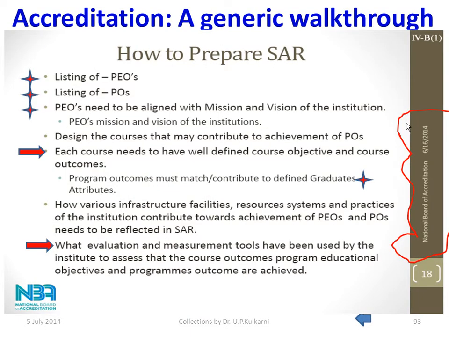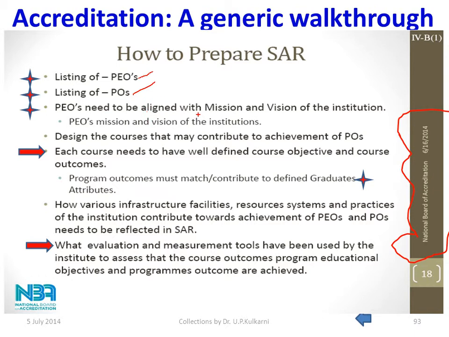How to prepare the self-assessment report? It is a listing of PEOs, a very important thing. How did we form a PEO? What are the objectives in this? Who all participated? Whether it includes everything. Is it complete and sufficient for a particular program? Similarly, for the listing of